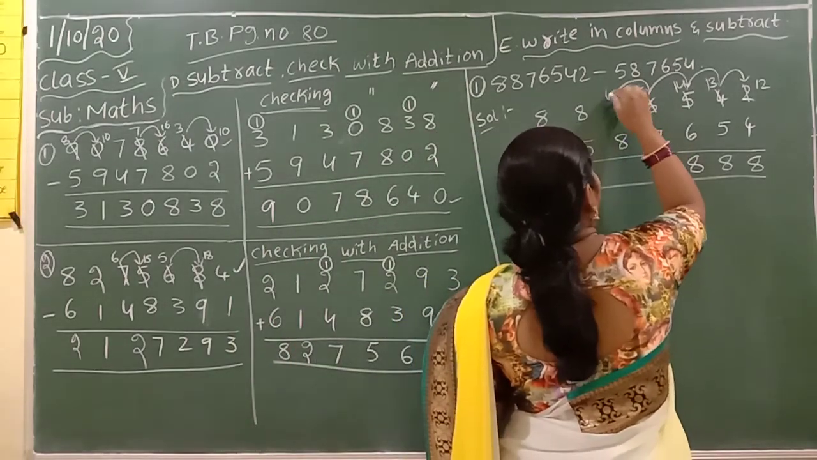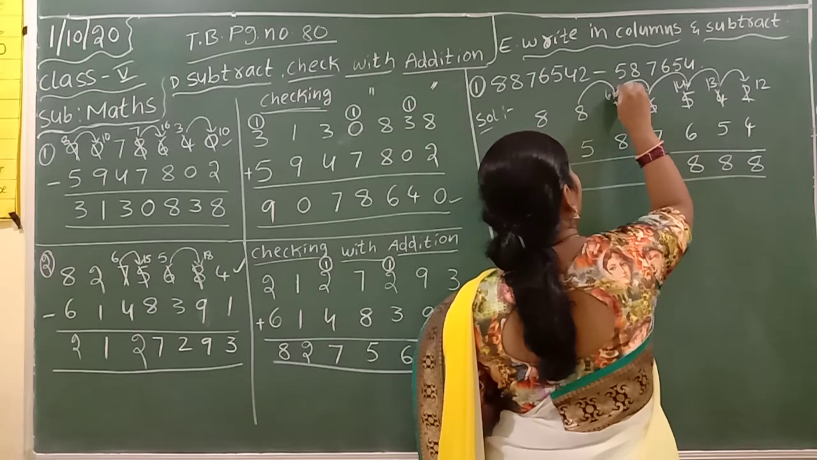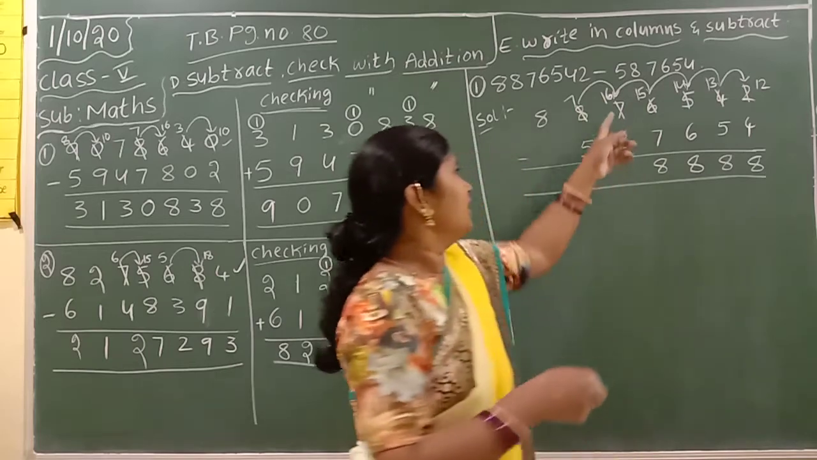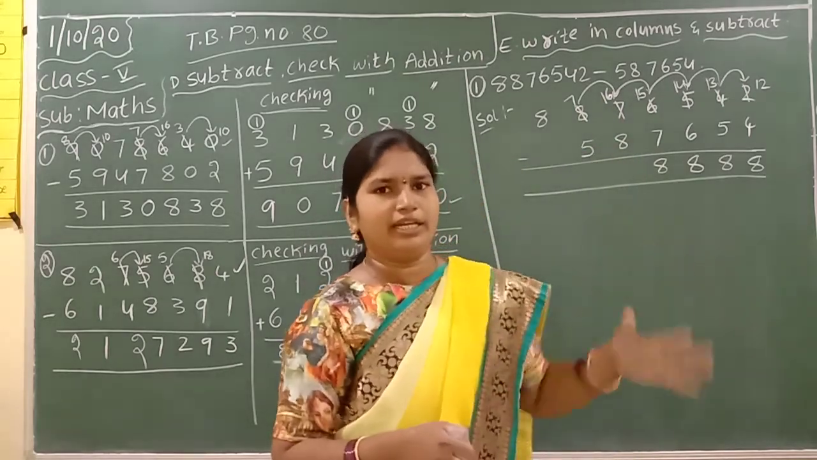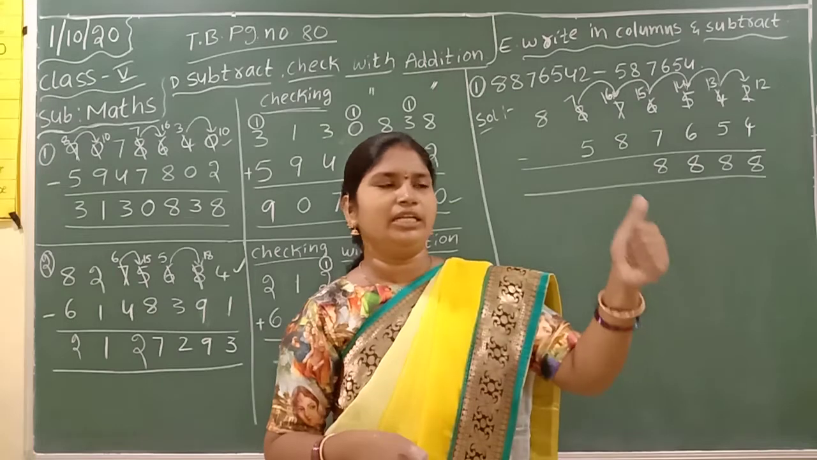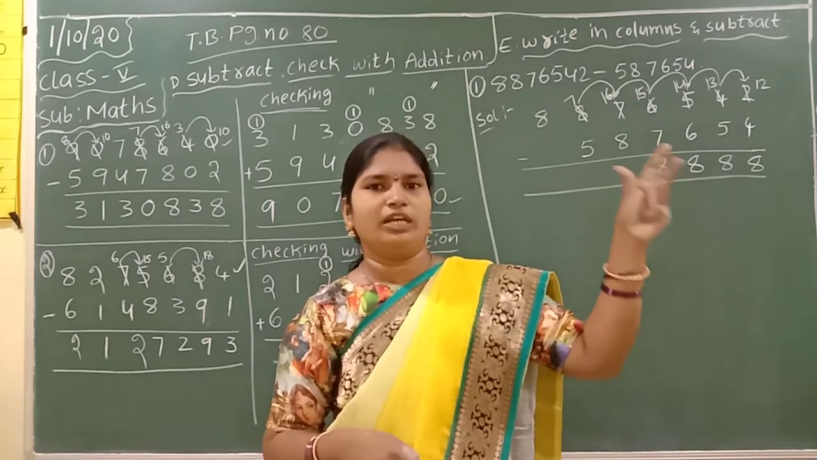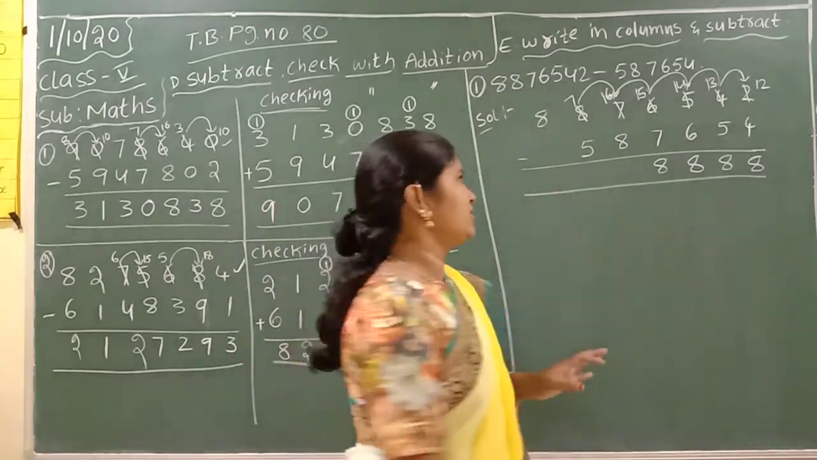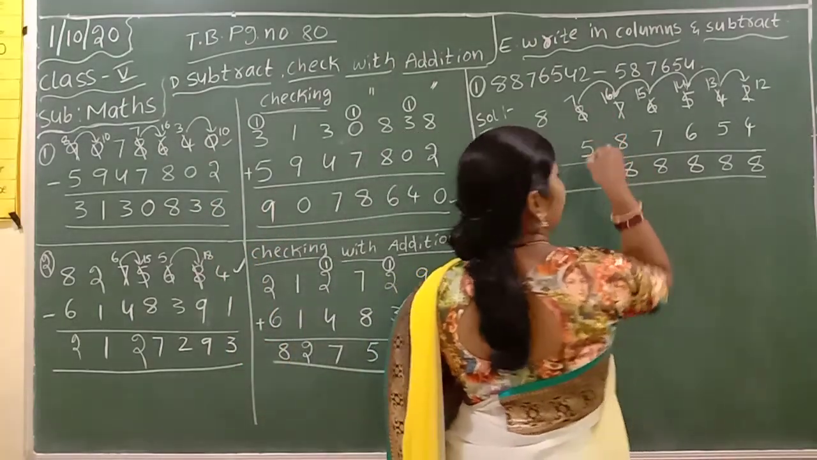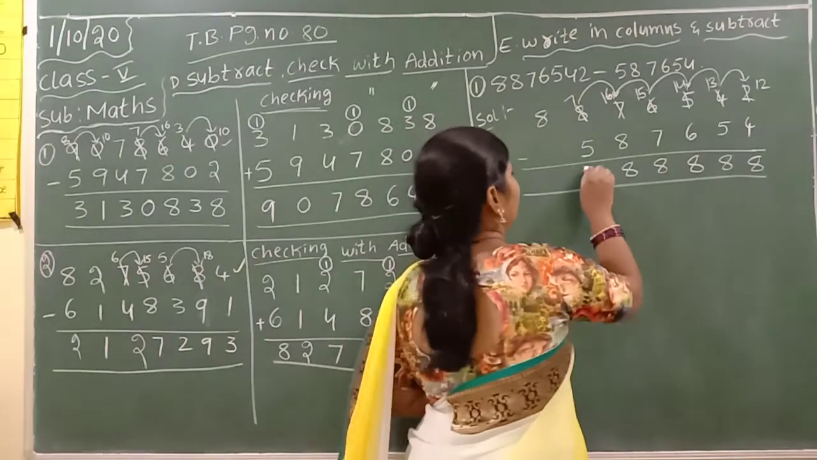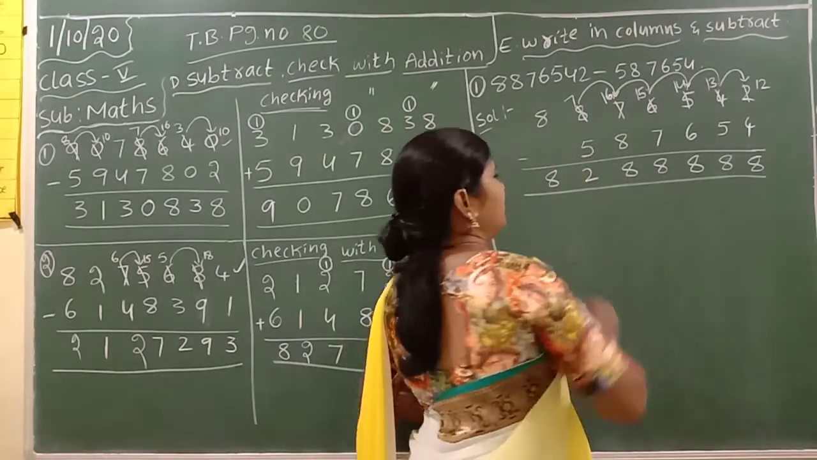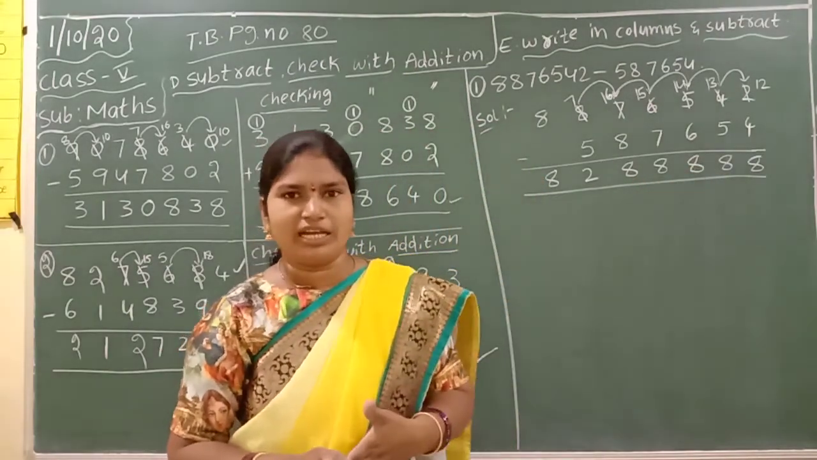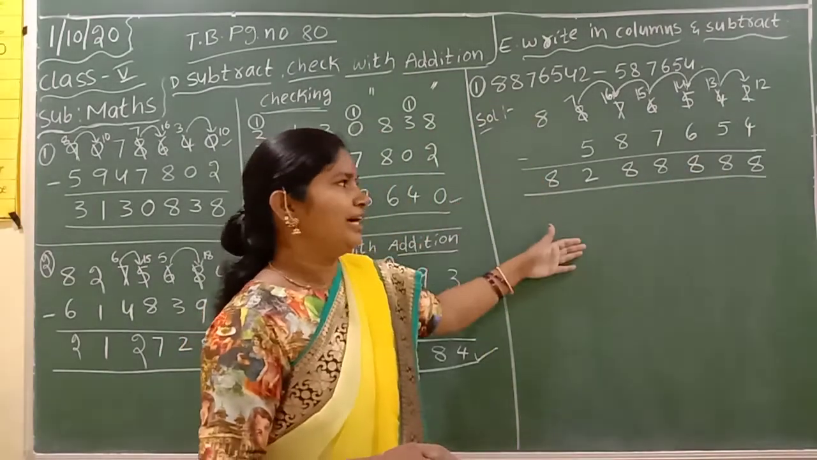Here 6 remaining. 6 minus 8 also not possible. Again take borrow, this becomes 16, and this becomes 7. 16 minus 8. Again count 8 after 2: 9, 10, 11, 12, 13, 14, 15, 16. 8 is our answer. 7 minus 5, 2. 8 is remaining. So, like this, you have to arrange the given numbers column-wise